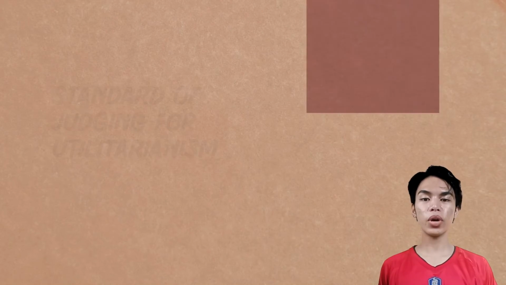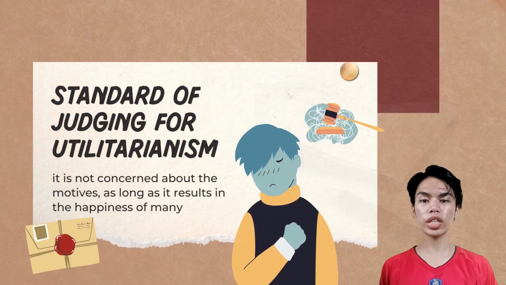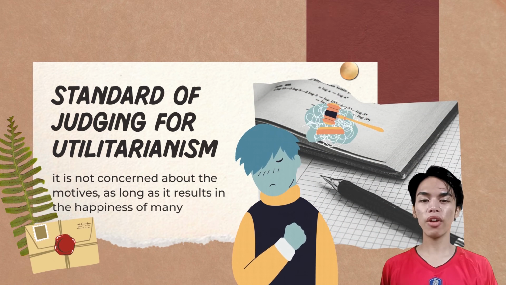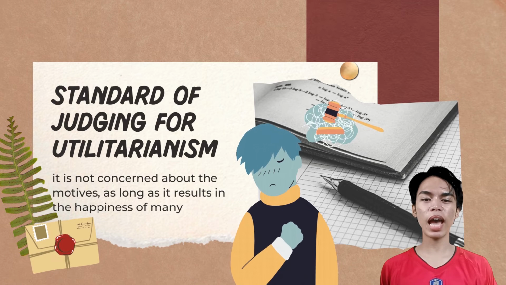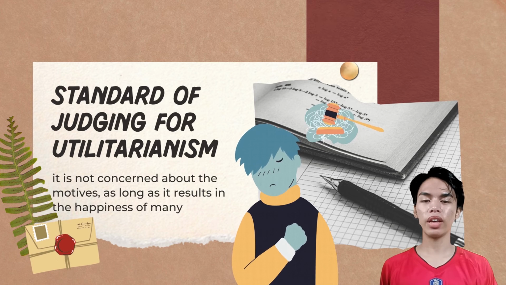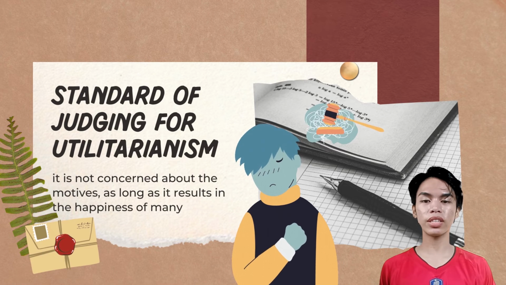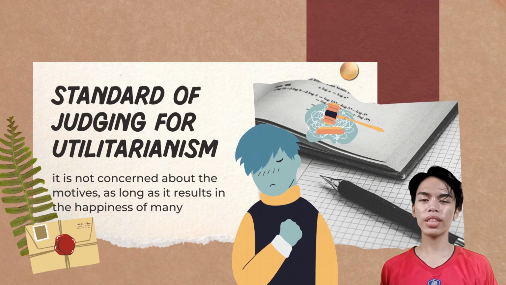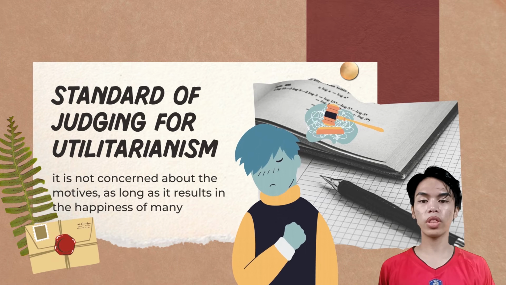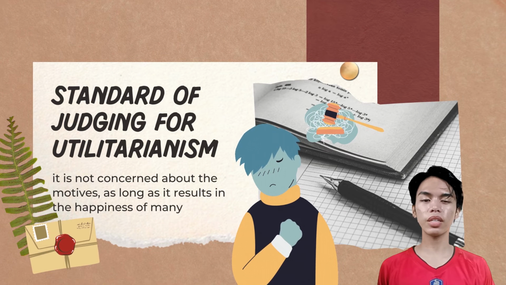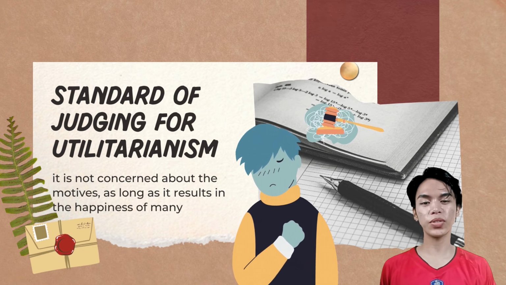It has also been pointed out by Mill that the standard of judging in utilitarianism is by measuring the happiness of all. Over everyone else, one should not value their own happiness more than the greater collective. However, once again, the utilitarian view does not consider sacrifices as generally good, only when they promote happiness. Moreover, this ethical theory does not concern itself with the motives behind one's actions. Roughly, it means that it doesn't matter how you get what you want as long as you get it.